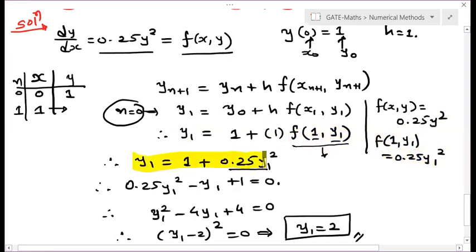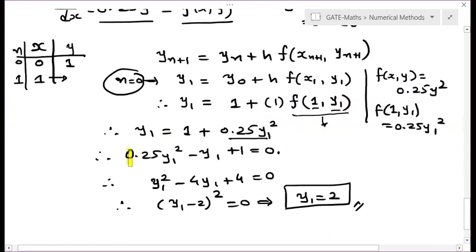So now this is our quadratic equation. Let us take y1 on this side, so this will become minus y1. So this is your 0.25 y1 square minus y1 plus 1 equal to 0. Now if you simplify this, 0.25 is 1 by 4. So here it is 1, here it is minus 4, here it is plus 4, whole divided by 4 equal to 0. Now, you just need to solve this quadratic equation. For this quadratic equation, you can use the discriminant concept as well, b square minus 4ac. Or if it is a perfect square, see, this is a perfect square,